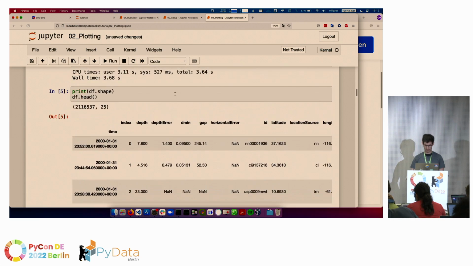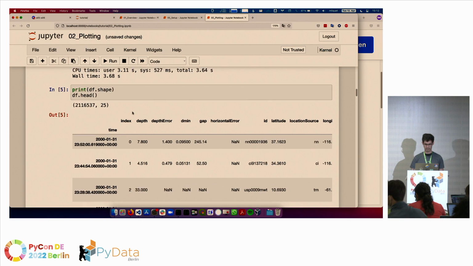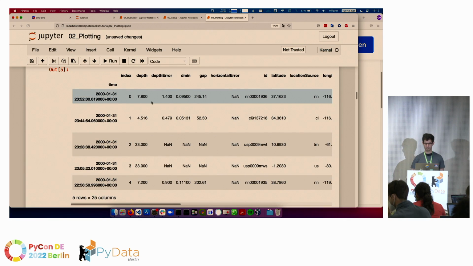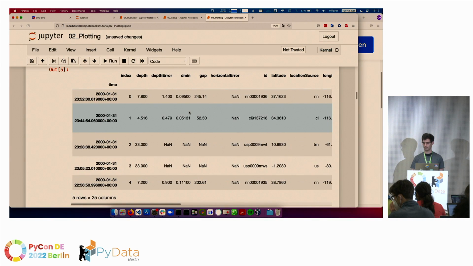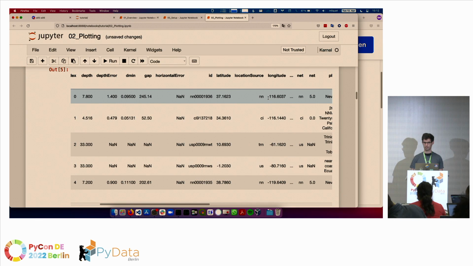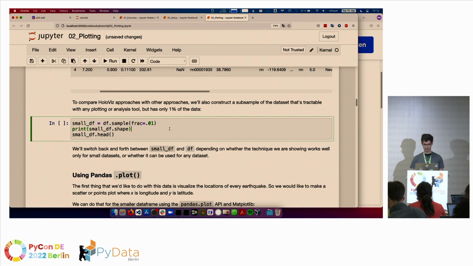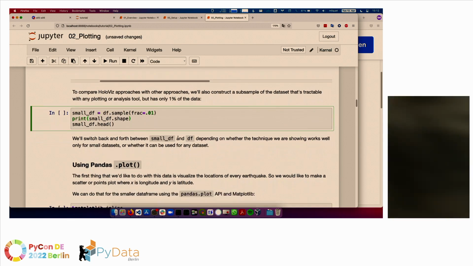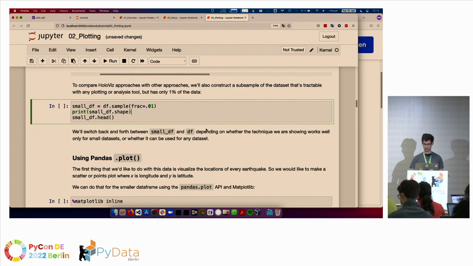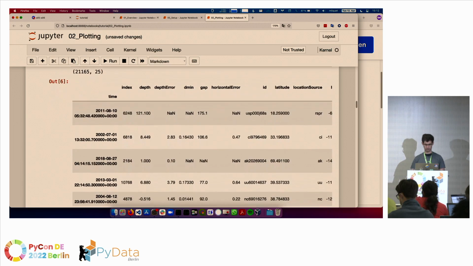So we have a data set of about 2 million points. So we have earthquake events, so they have a timestamp, and they have a lot of different properties, their magnitude, their depth. We also have their location, so longitude, latitude. For this tutorial, we will just create a small data frame with just a fraction of the data, because 2 million points for some tools is too much. They can't really handle that. But you will see later that with hvPlot, you can handle as many points as you want. And we will switch between these two data frames